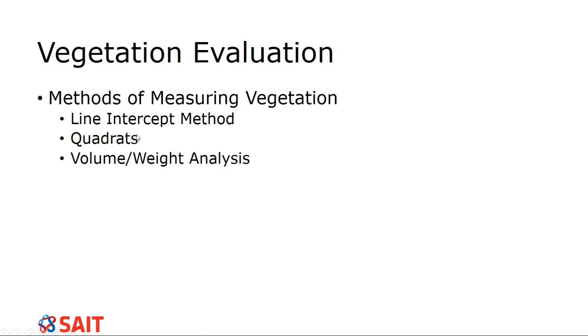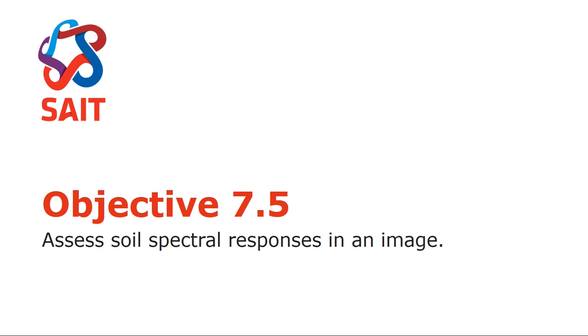Or you can use quadrats. So you would create your 3 by 3 pixels, and then you would create more quadrats, and then you'd have little areas that you're actually sampling the smaller vegetation in. You can also do a lot of volume and weight analysis. This is a little bit more destructive, where the other ones are a little less destructive, but you can collect all kinds of information using volume and weight analysis. So that was vegetation. Moving into soil,